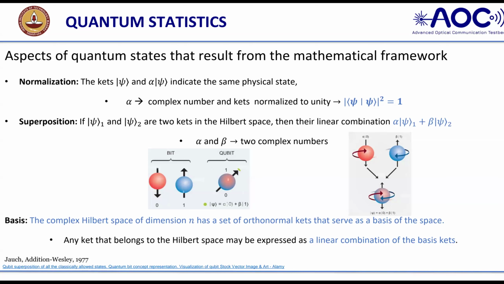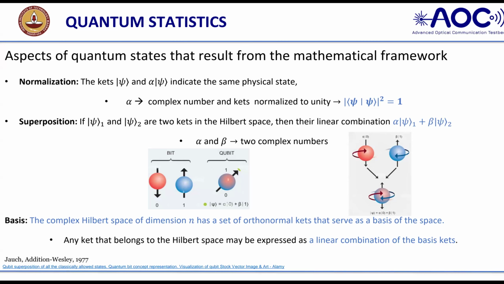So you can see that if you have bit 0 and bit 1, it can be represented in a combination form like psi, for example, alpha bit 0 plus beta bit 1. Why is it so? The qubit, psi, is a linear superposition of bit 0 plus bit 1, and it is the qubit, right?